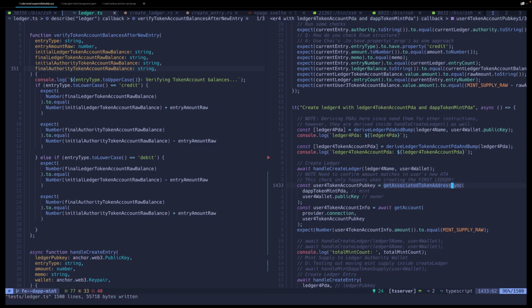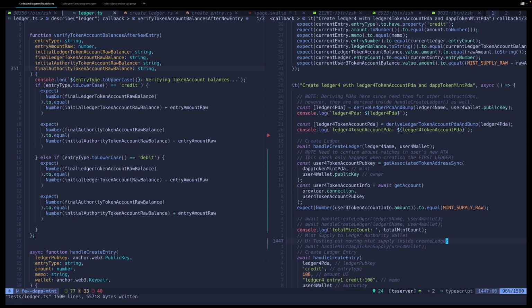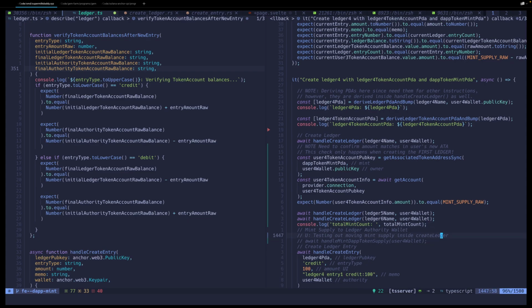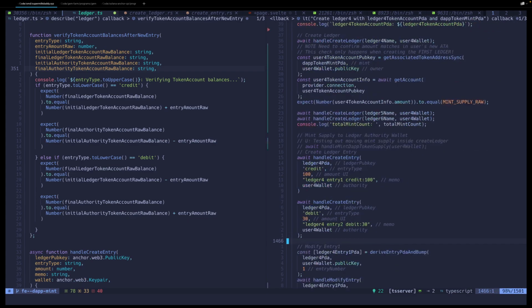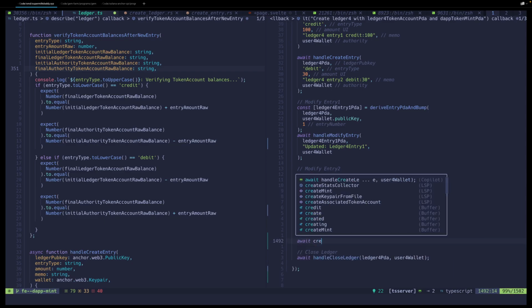yeah, I feel we create our ledger, great. It's the very first one. And we perform this check. Afterwards, I should be able to check other ledgers, right? And I checked my total mint count to make sure that that global is updating. And then you can go about doing other things. So as I mentioned, it would be great to await create,